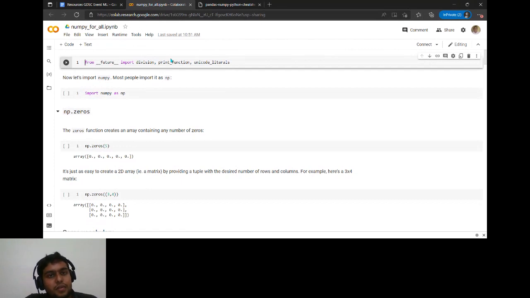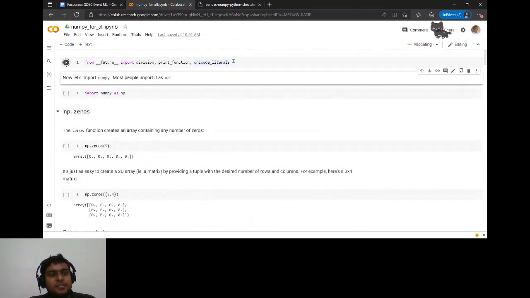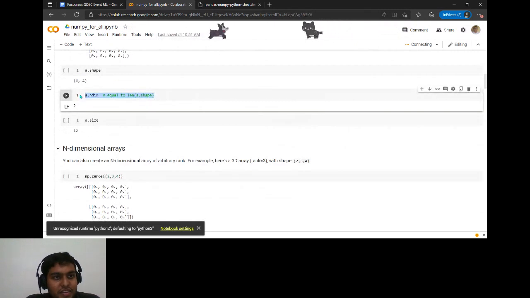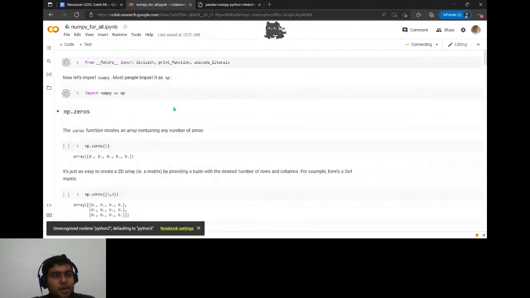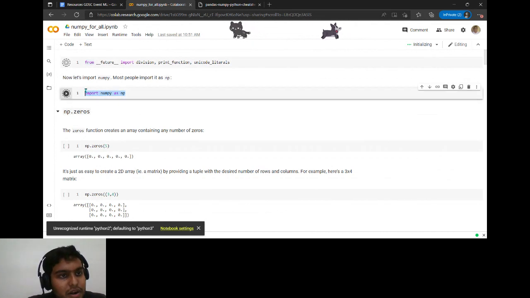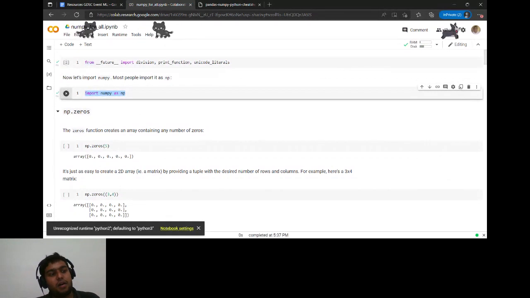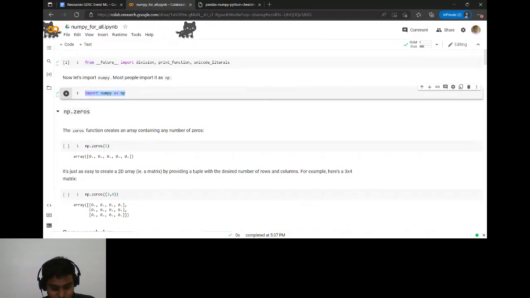All right, so this is how you run it. Shift enter, Colab runs it smooth as silk. Just go ahead, because all of these things are number of dimensions that you can talk about. Very simple. Import numpy as np, which is numeric Python, which is used for operating all your matrices. So why do you require NumPy? Because a lot of times when you want to do some sort of operations, those operations will really take a lot of time, and a lot of computation power is required. I can't really afford that.